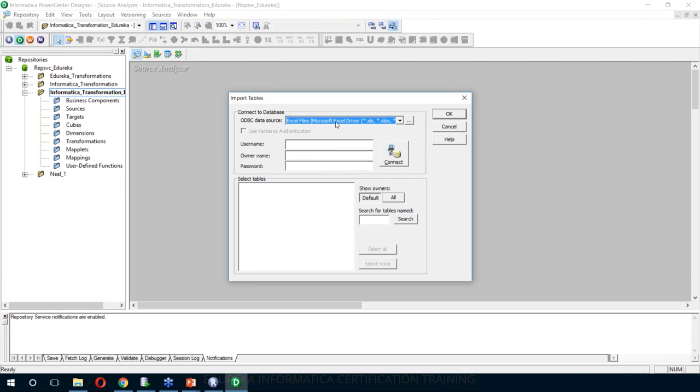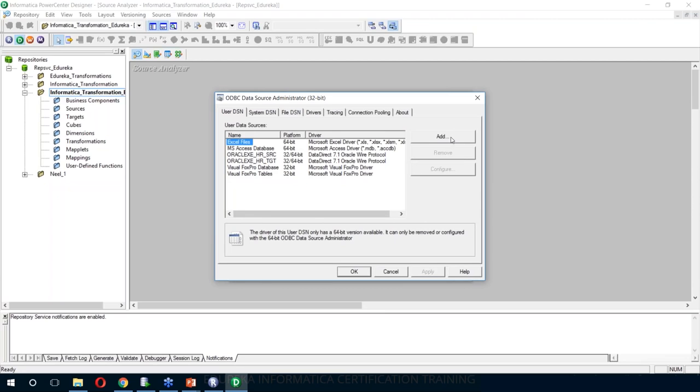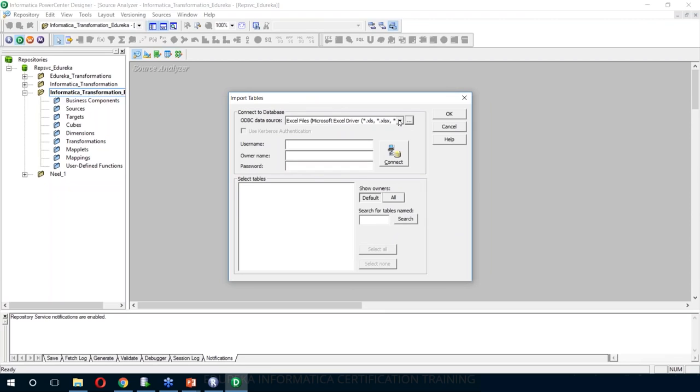Now if you have not configured the connection object, click on the dots and here you can go ahead and add the connection object. So let me select the connection object and then specify the username and password to the database. Click on connect to connect to the database, and once you've connected to your database you can see the username. Now inside the username you can see all the tables and the views the user has access to. So here I want the department and the employees table, so select them